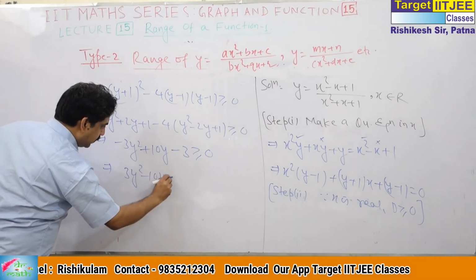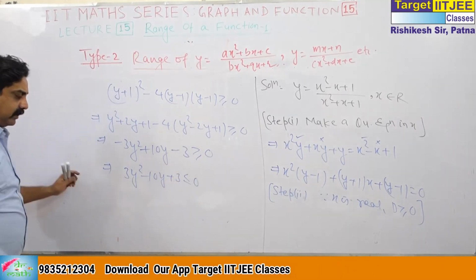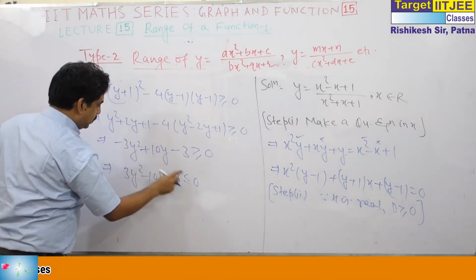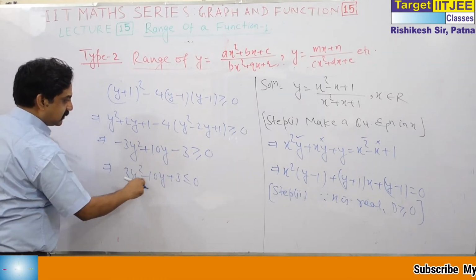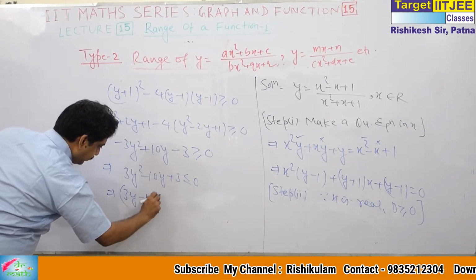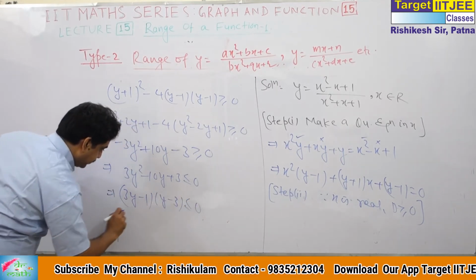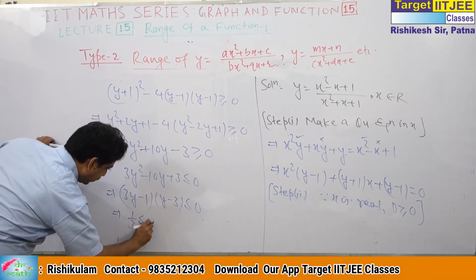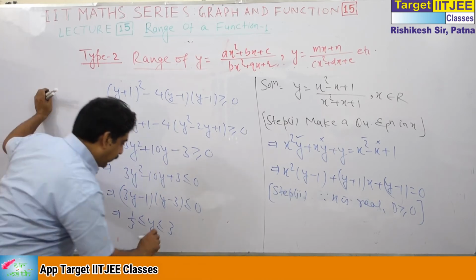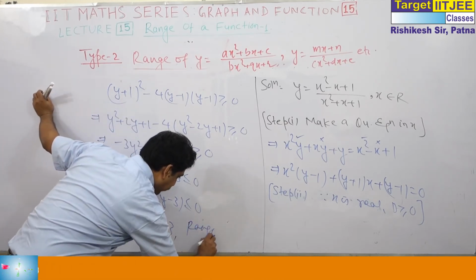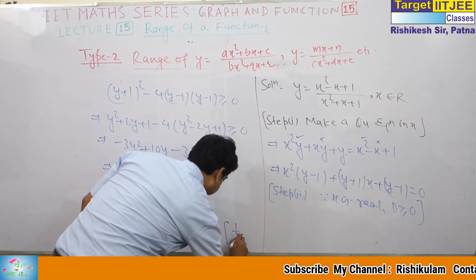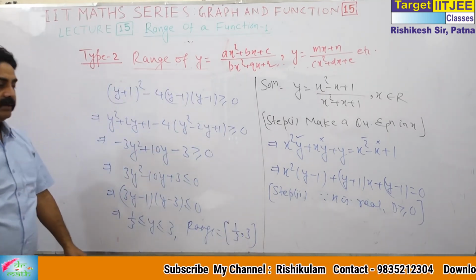It's my hobby. Normally I make the leading coefficient positive. So when I multiply by minus 1, the signs change, and the inequality gets reversed. You can factorize, it is easy. I am doing it directly. This is 1 by 3 to 3. So what is the range? You can take the range as 1 by 3 to 3.